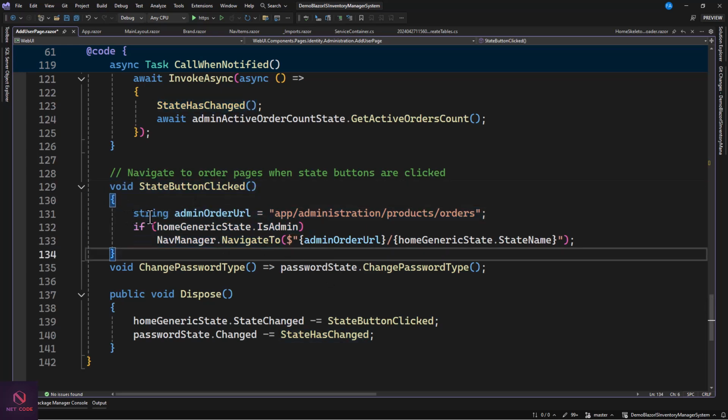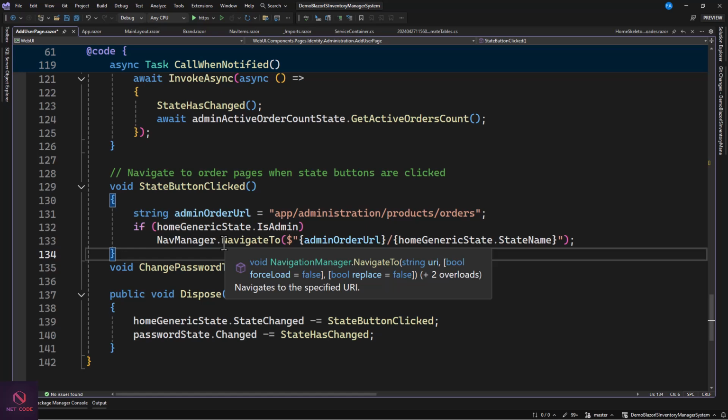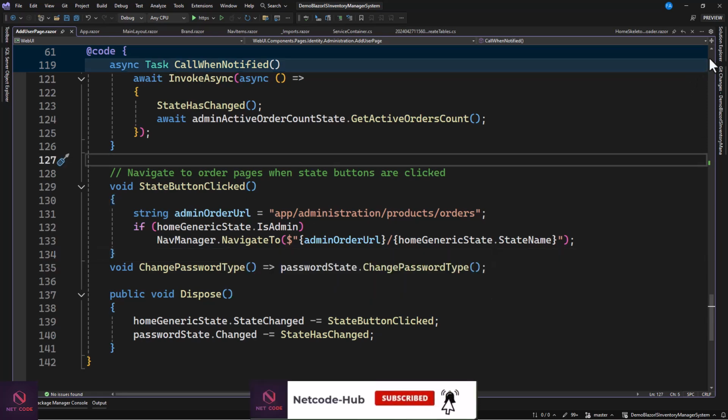So if I click on it, you first have the admin URL to the list. We have it in here. Then we check if the state of the admin is true, it will navigate to this admin page. And here, the add user page is only accessible to admin. That's the reason why we are not having this else navigate to user. Some pages are going to have an else, then we navigate to the user page. But for now, the add user page is limited to admin, so we are not having the else statement. Okay, now that we are done with this, when you go to the next one,